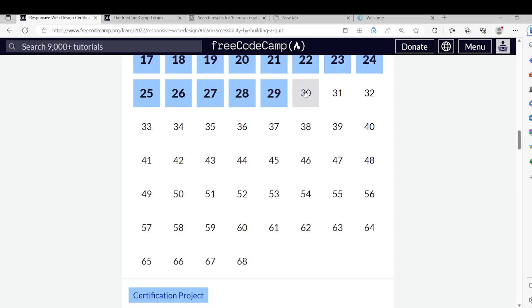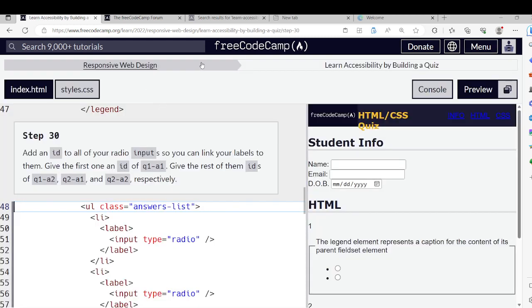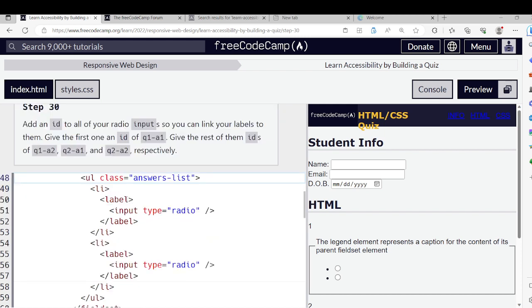Great, so just going to continue on. So I think now we're at 30. Now it says add an ID to all of your radio inputs so you can link your labels to them, and give the first one an ID of, alright. Add an ID to the radio inputs so you can link your labels. Okay, so I think this needs to have an ID of